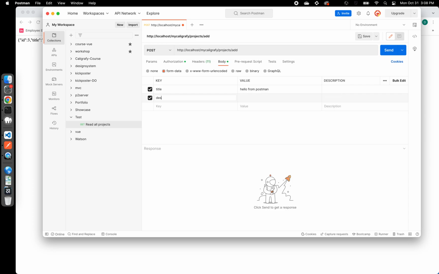Okay, and I'm going to add a description, and I'm going to say hello again. This is a description from Postman. Now notice that I chose this format over here, but there are multiple other ones that we could use, okay? Now I chose this one just because it's easier, but if you want to do it in a different way,